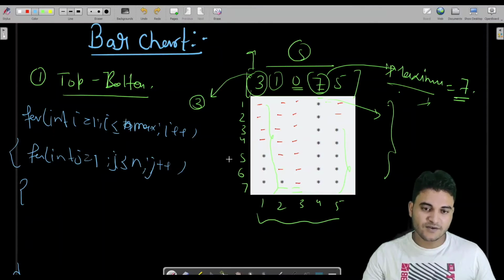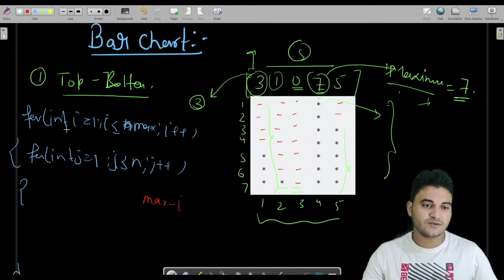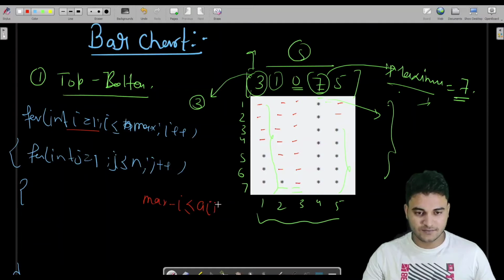Let's say the maximum which we got, you already know how to get the maximum. So if maximum minus i, which is this one, is less or equal to a of j, what does it mean? If maximum minus i is less or equal to a of j, then we have to print stars, or else we have to print spaces.